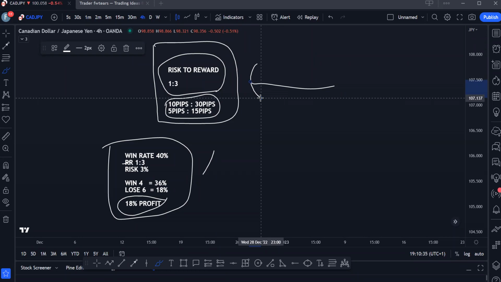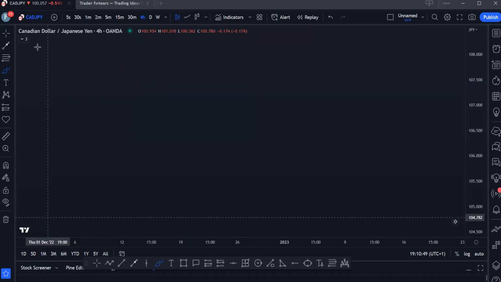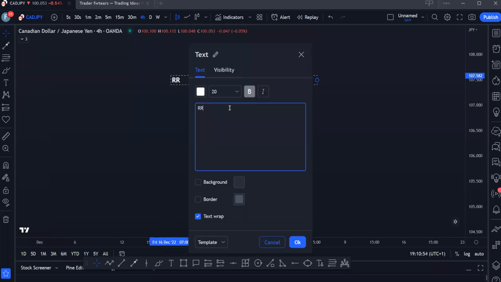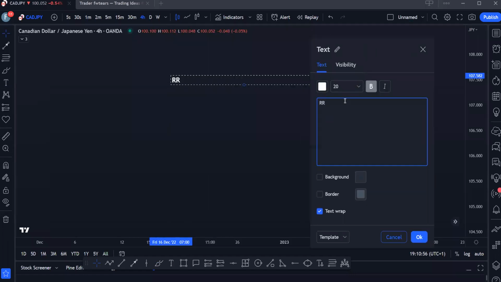All right, that is a concept under risk management that a lot of people don't really take into consideration. But when you start putting it into consideration, regardless of your win rate, you'll be fine. Let me give you an example. So let's say your trading system can deliver risk to reward of 1 to 10. That means if you are risking 10 pips, that system can make you 100 pips